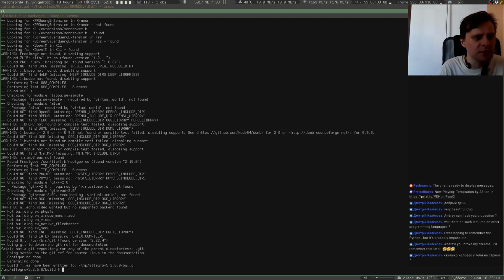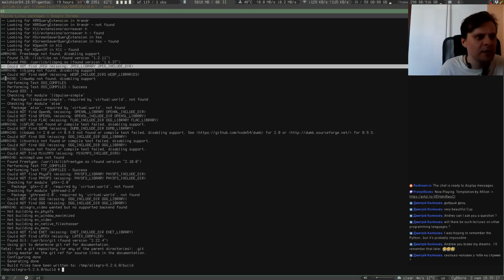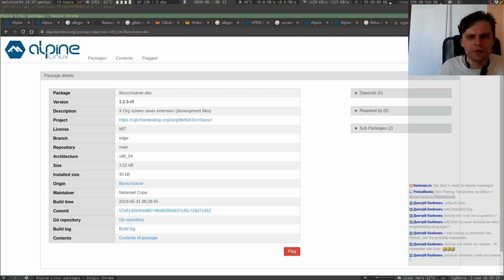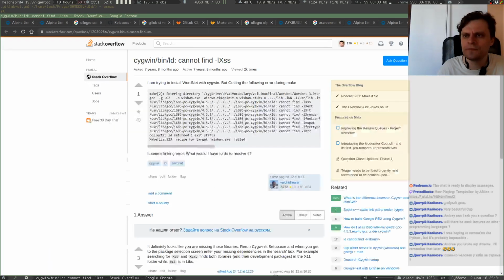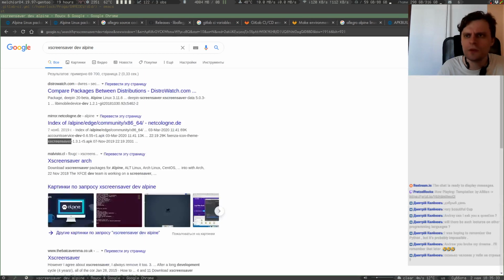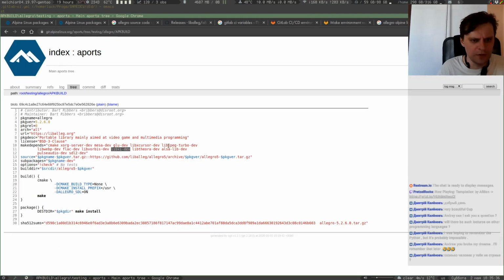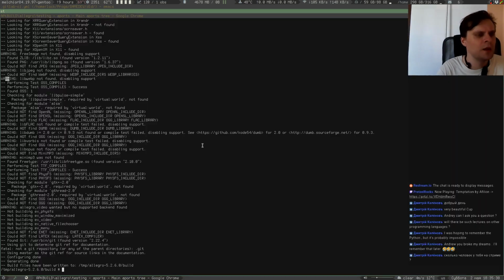XSS, where is it? Yeah, found, nice. Then again, X open IM, don't know what that means. For image not found, that's not a problem. Found the link, PNG, could not find JPEG, yeah, that's the problem. So, alright, now what I'm needing here. Needing libjpeg-turbo. Alright,